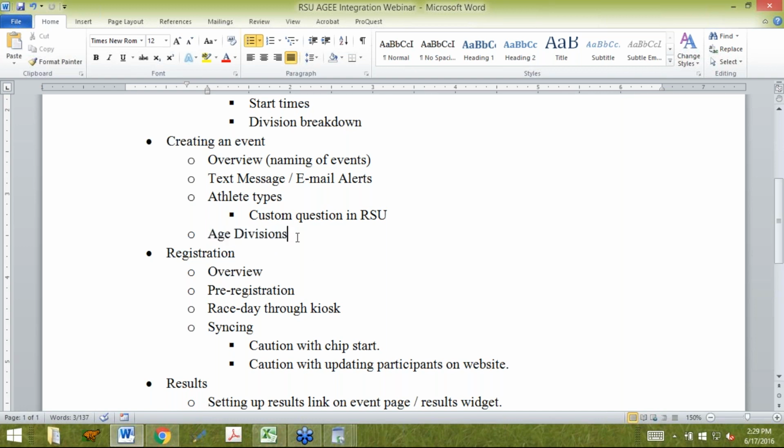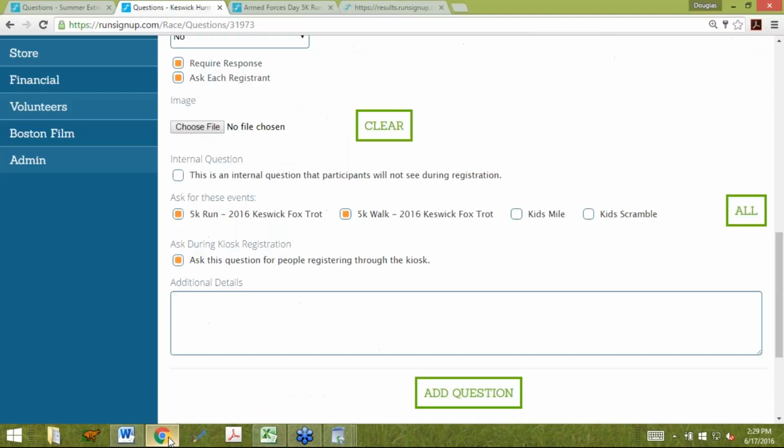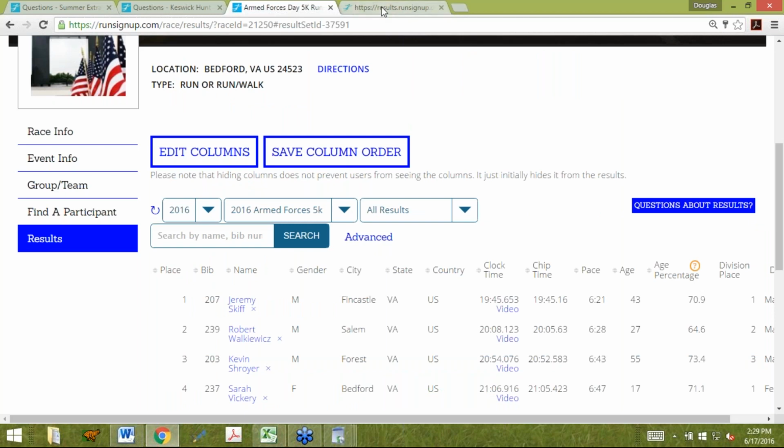So I'd like to go through kind of how to set this up both in RunSignUp and Agee. It's a little bit more work on your end, but showing you quickly what it's going to produce. If you go to